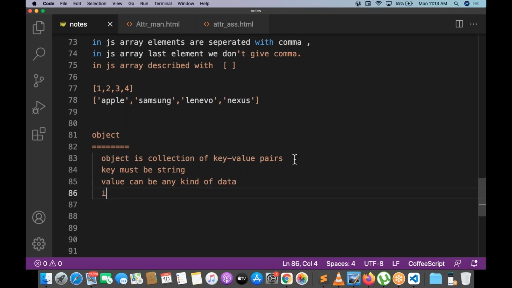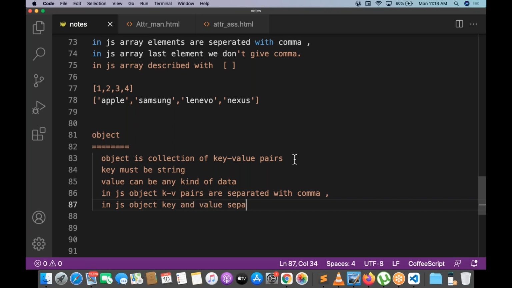One more point. In a JS object, key value pairs are separated with a comma. In a JS object, key and value are separated with a colon. In a JS object, key value pairs are separated with a comma, and key and value are separated with a colon.